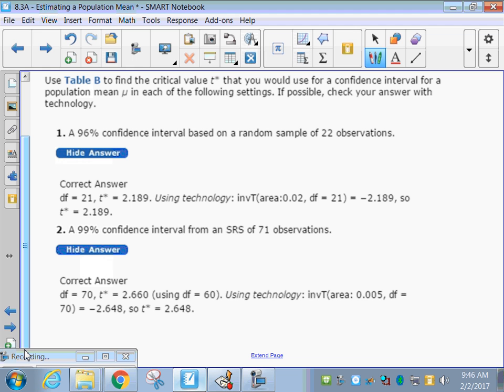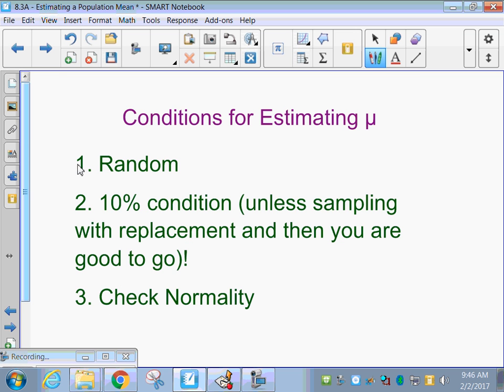I feel like we don't need to do another one, right? Just be careful on the 99%. What decimal do you plug in? 0.005, right? Don't forget that. Okay, so we of course have conditions for estimating mu, which are really similar to our